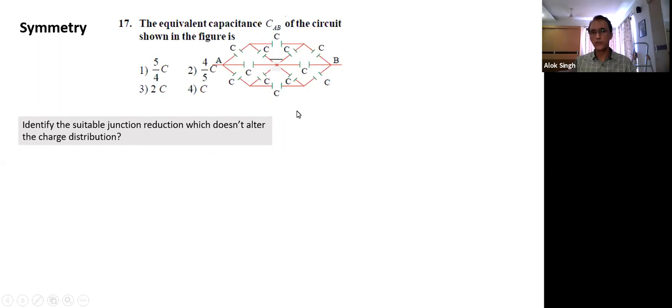Similarly, in the bottom side also, we can remove the junction which has direct connection. Now, what happens, advantage of this? These two become in series, these two become in series, and these two become in series. And later on, simple reduction in parallel series combination, the question can be solved. I'm not solving the question now. This is what you will do in the work session today.